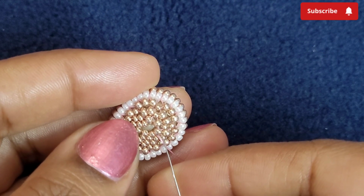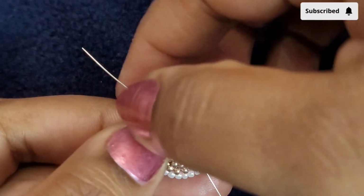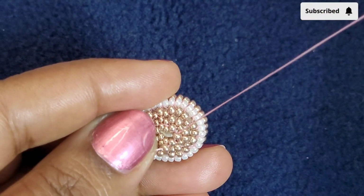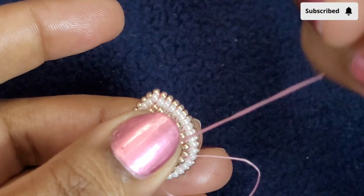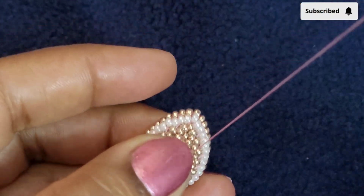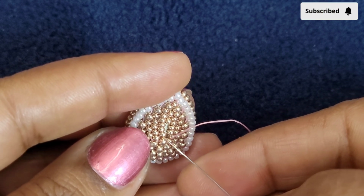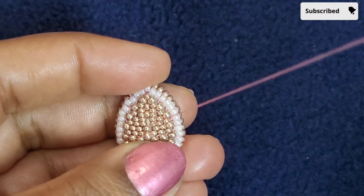and now into these three 11s and picking up one 11 champagne, again passing through all these three 11s like this, adding this 11 at the center here into this 11, into this 15. Now as we are closing it, I'm not going to add any bead here. After exiting through this 15, I'm going to pass through this 15 that I added just before this 11. So here, closing it,